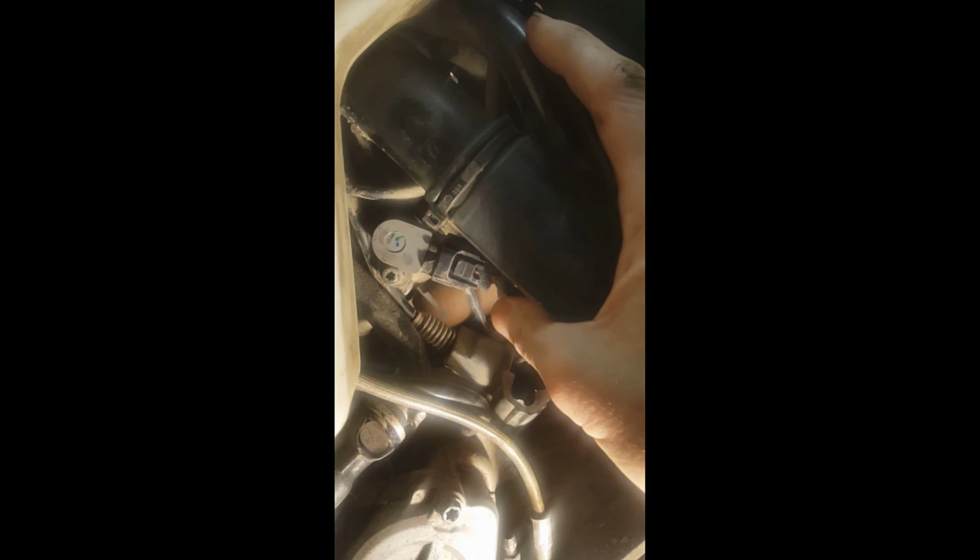The thing about the TPS though is the voltages are so fine. If you'll see coming up here, you'll just touch it and the voltages jump a lot. So that's the only part that's a little bit tricky. And again, it's not even that bad. You just got to be very, very patient with it. So anyway, you unhook the TPS,